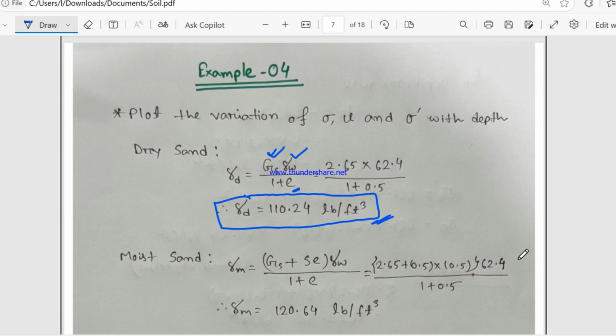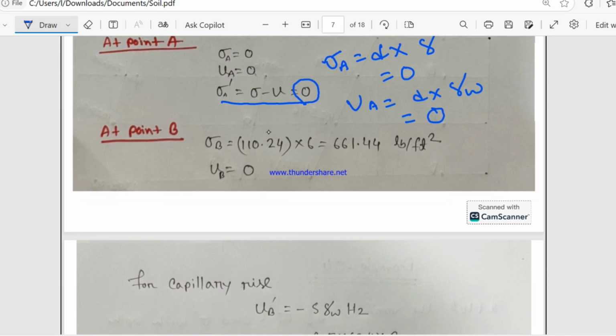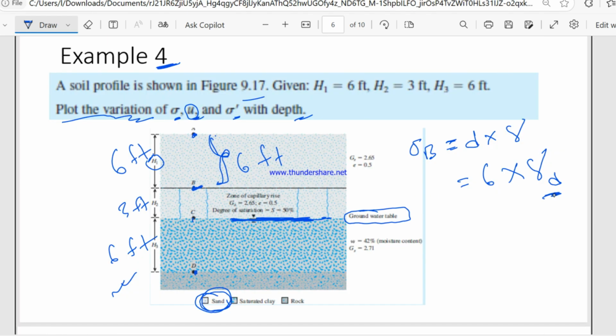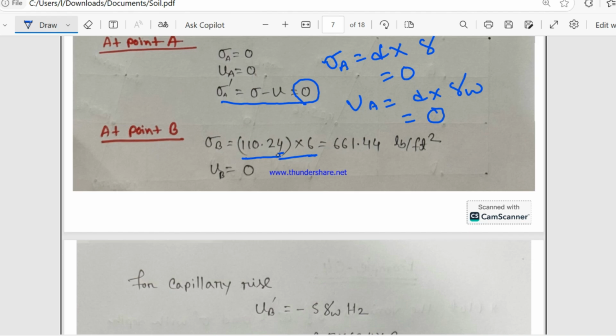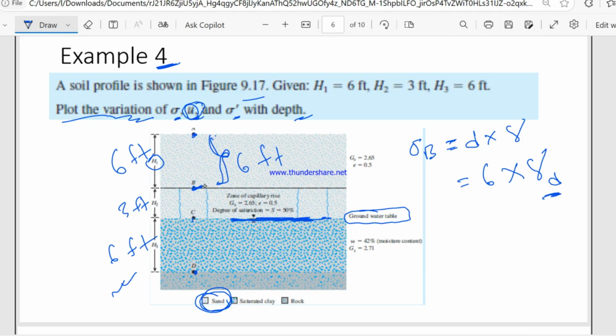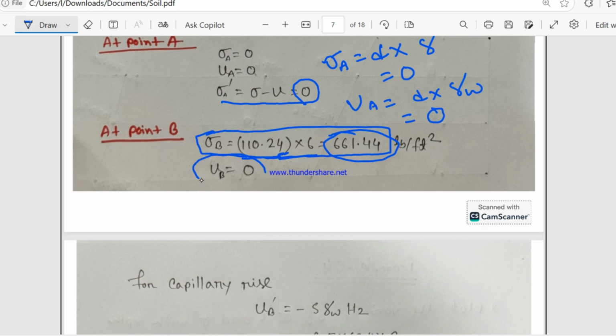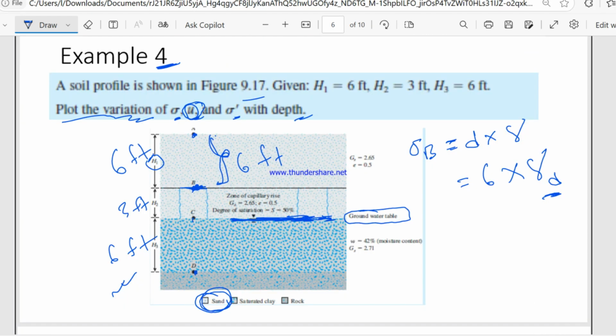Let's use this value for point B, 110.24 into 6, and the total stress for point B will be 661.44. Now calculate pore water pressure at point B. Point B is also located above the groundwater level, so pore water pressure at point B will also be 0,